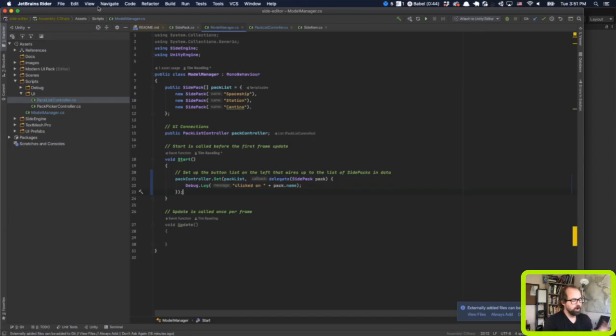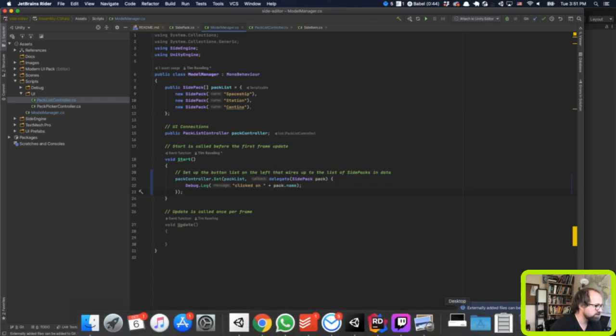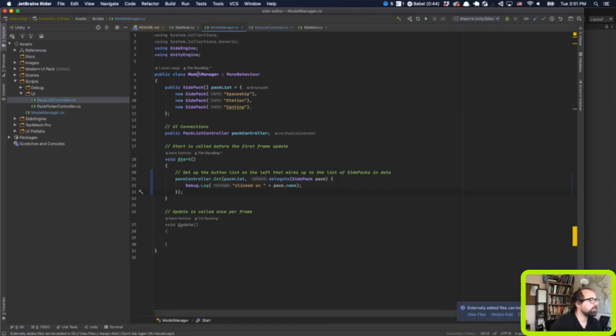But the home of that information never exists in two places at once. You never copy information or duplicate it. You always just have one place that it lives, and everybody else either pushes in an update or pulls out a request. So in this case, Model Manager is the thing that's going to own everything, and specifically in this case, pack list is the